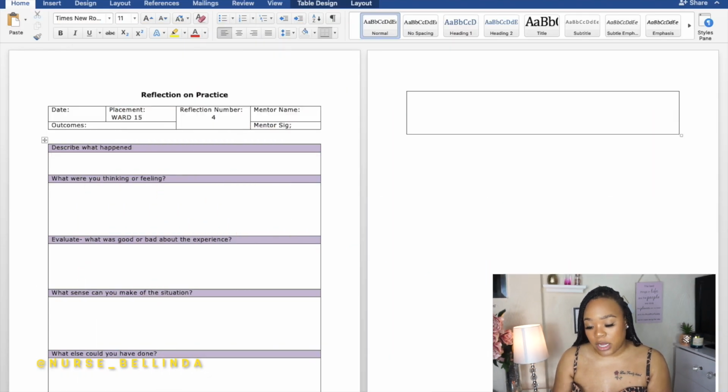So for this title, I'm going to say dementia patient admitted on ward with previous MRSA. So we know that if a patient has had past MRSA, they normally have to go into an isolated area. Given this situation, the reason I want to write about it is the fact that this patient was not isolated